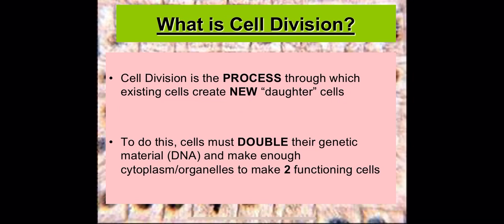So you have two options when it comes to cell division. You can have something called mitosis, and you can have something called meiosis. So sexual cell division versus asexual. When you're talking about sexual cell division, the goal is to make sperm or egg cells that would then unite together through fertilization to create something called a zygote, or a fertilized egg. But when we're talking mitosis, we are talking about asexual reproduction.